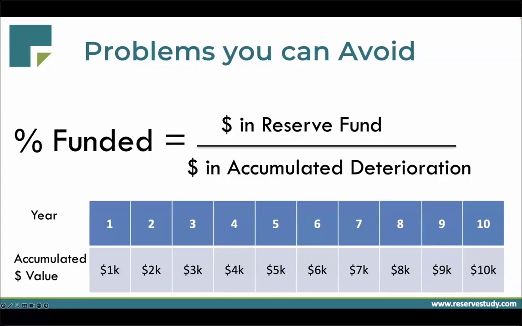But then once you actually spend the money, you then decrease the amount of money required. So in year 10, you need $10,000. In year 11, you're going to need potentially more due to inflation or cost of work increasing. But then once you spend that money, now you're only required to have $1,000, right? So spending the money actually does indeed help the client out by reducing their value of accumulated deterioration. So it actually helps the percent funded rather than just letting things get older and older and deferring that maintenance for that project.